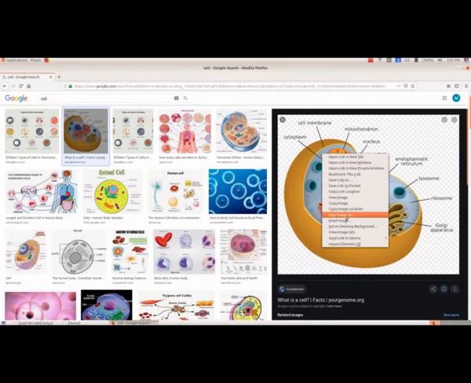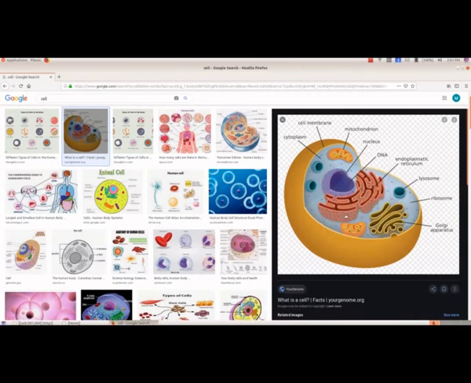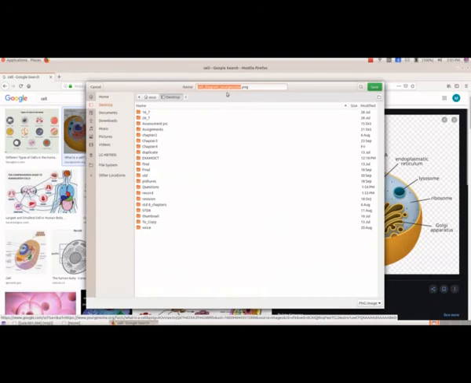If you want to save this, we have to right click, and from here we can select save image as. When you select this, we have to give the destination where we want to save the picture. Here I am selecting desktop.